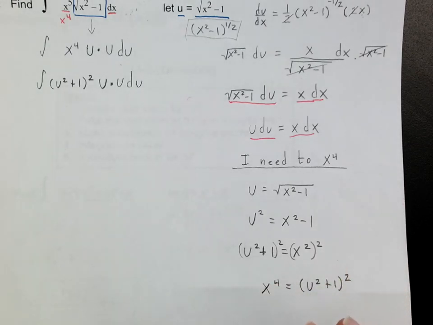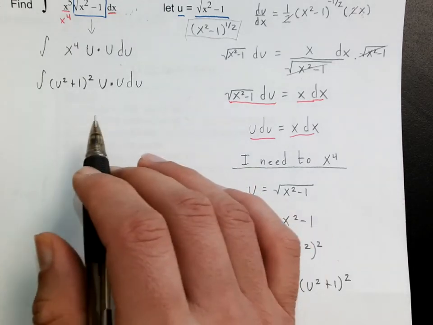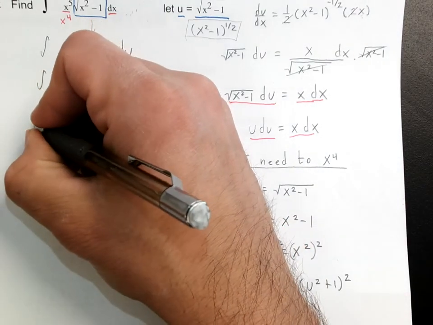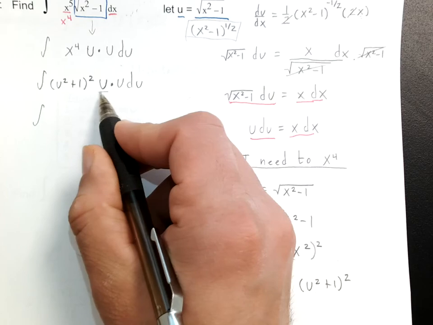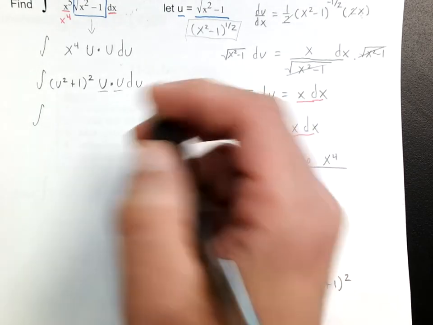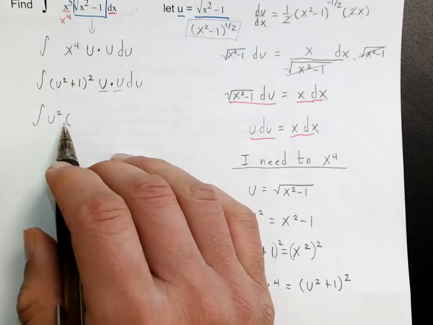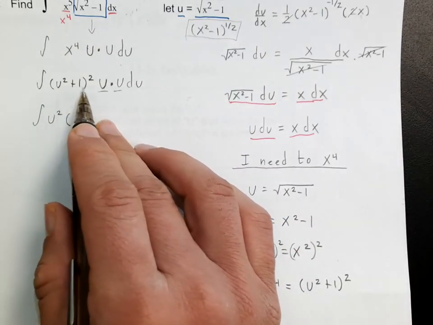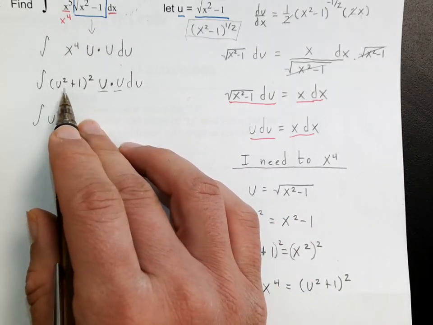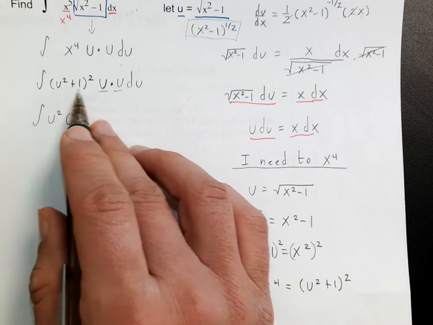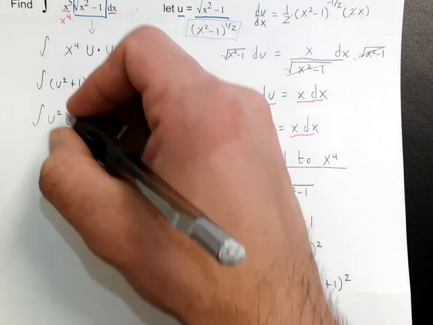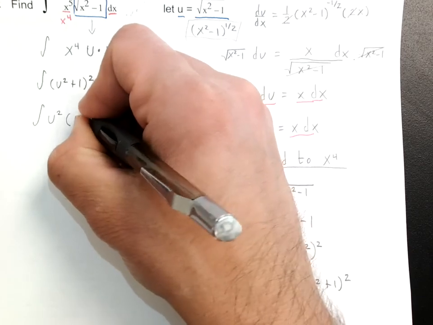In order for me to integrate that, because I really can't at this point, I'm going to have to multiply everything together. So the first thing I'm going to do here is I'm going to multiply this times this, which will give me u squared. And then eventually I'm going to multiply this times u squared plus 1. Remember, you have to FOIL here. Right? You have two terms that are being squared. So you have u to the fourth power